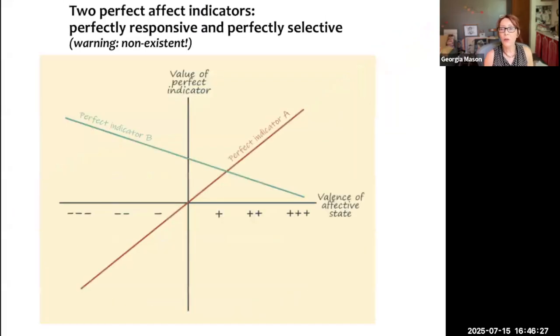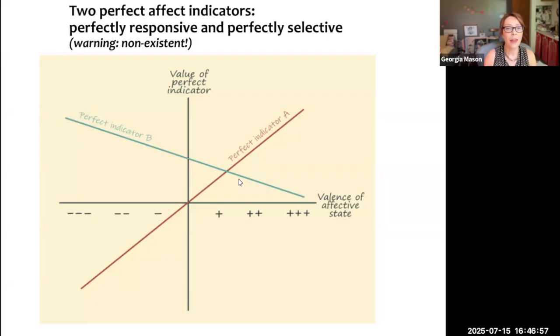So to illustrate what I mean and how thinking this way a priori before we use our indicators can be really useful, I want to first show you a couple of affect indicators that would be really perfect for making finely graded assessments of the relative differences in animals' affective states. So if we were developing a refined research procedure, for example, or a really great analgesic, we would love indicators